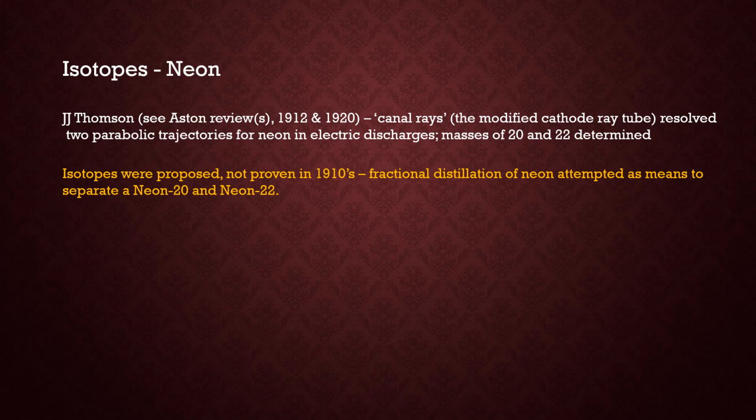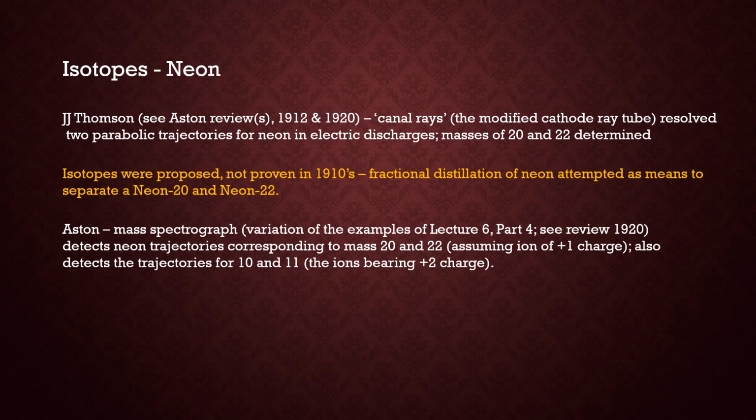So the types of things you do in organic chemistry when you try to separate mixtures of solvents, they were trying with mixtures of gases of different weights. It's extremely tedious work. Their almost heroic measures did get suggestions of the existence of the isotopes, but you want something a little bit better. So Aston creates the mass spectrograph, and